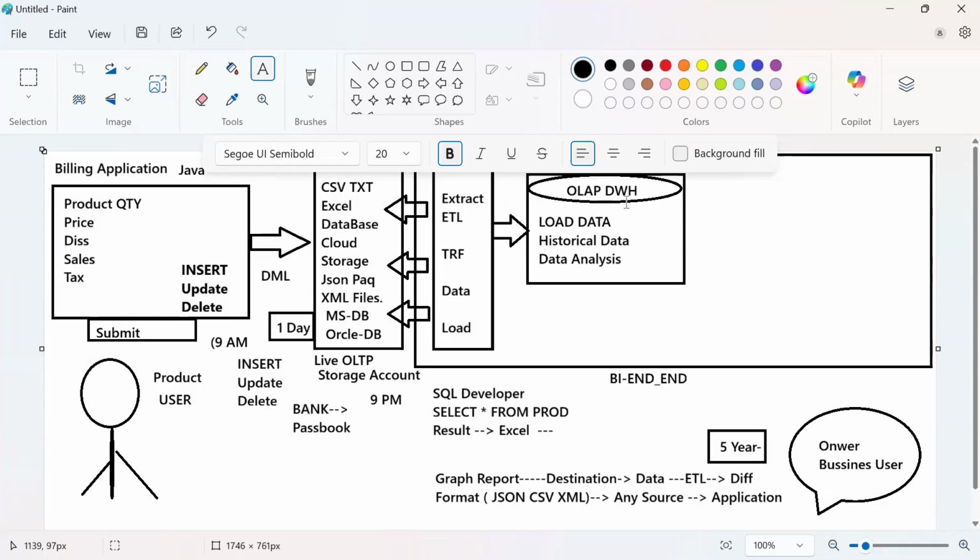Understand the data warehouse. In general terminology, a warehouse means a place where you have everything. Here also you have everything, data, everything. You are working with country-wise data: India region data, USA data, UK data, Canada data. Every data is available in your data warehouse. This is the power of a data warehouse.